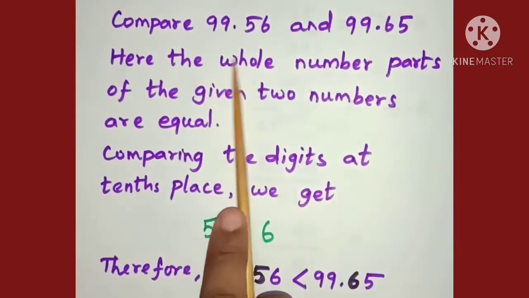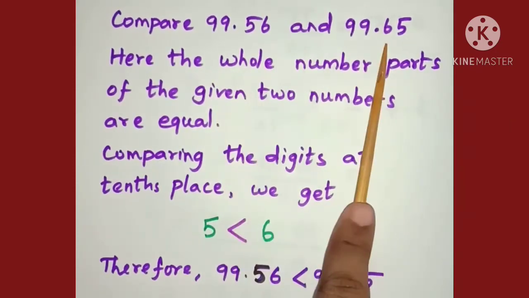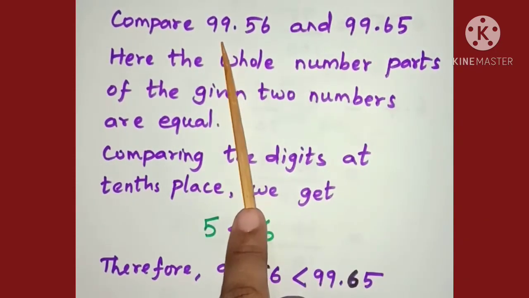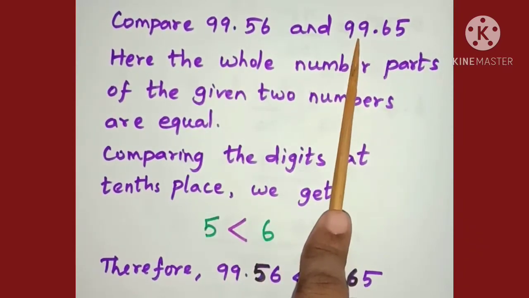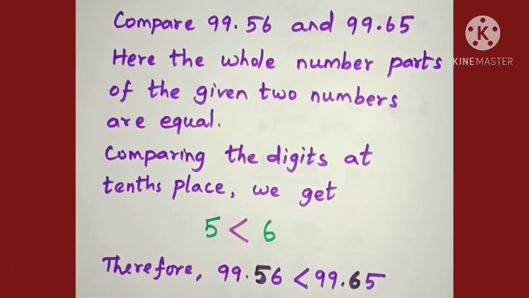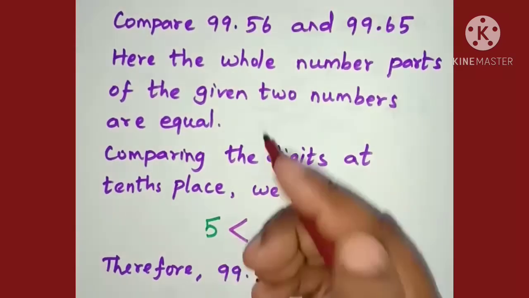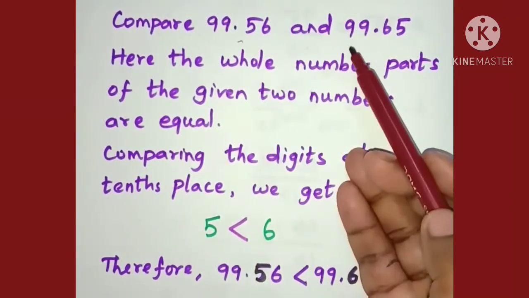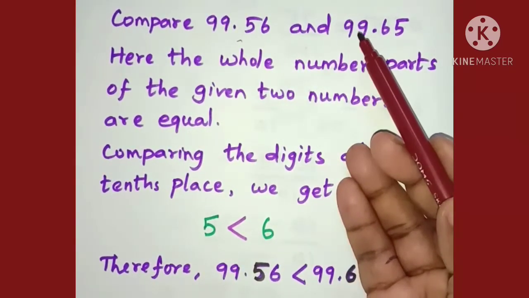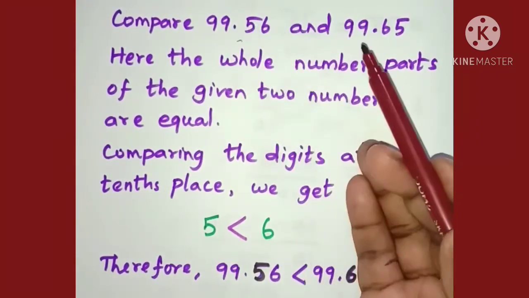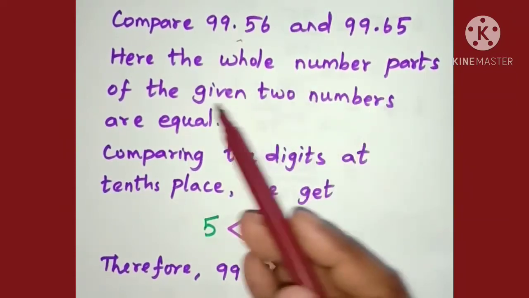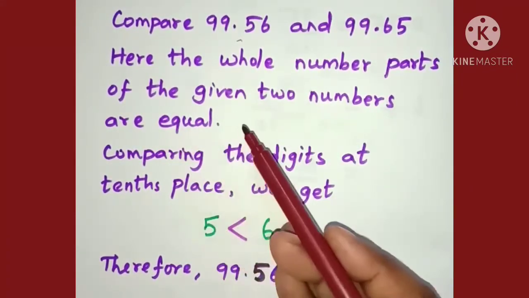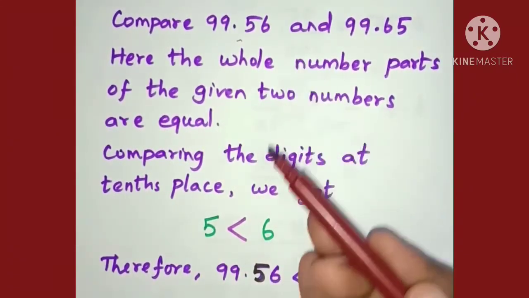Now, students, compare two decimal numbers. Here, in both cases, the whole part is equal. That is 99 here, and 99 in the second number is the whole number. So the whole parts are equal. Here the whole number parts of the given two numbers are equal. So, as a second step,